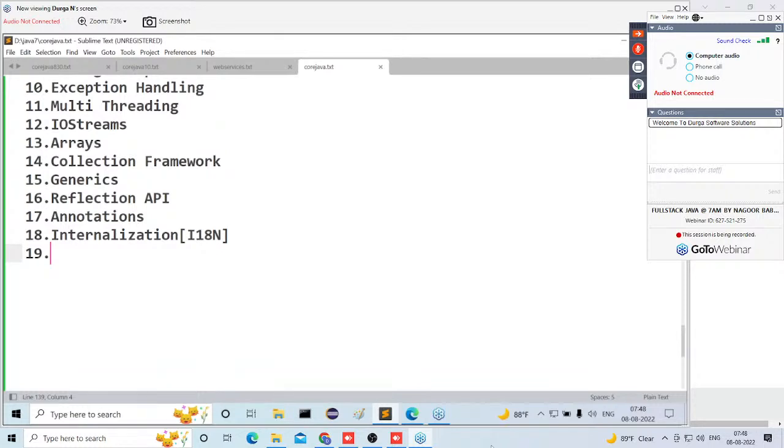To implement this kind of flexibility, to get this kind of support in Java, we have to go for internationalization. Preparing Java applications with respect to the local requirement, that means customer locality, is nothing but internationalization. At core level, we will understand as much internationalization as is possible.